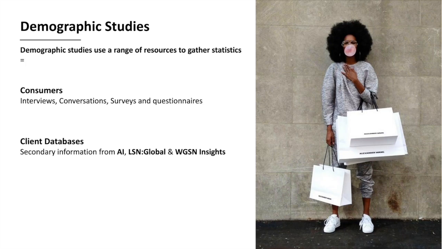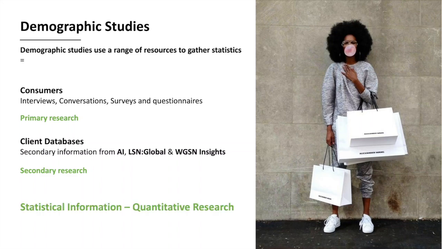We might also use client databases, so we might take secondary information from AI or LSN Global or WGSN Insights, for example. When we do interviews and conversations, that's primary research. And when we use things like AI or some of our online retailing resources, that's secondary research. So statistical information is also quantitative research. We're getting a big quantity of research, but it's not as in-depth or as insightful as